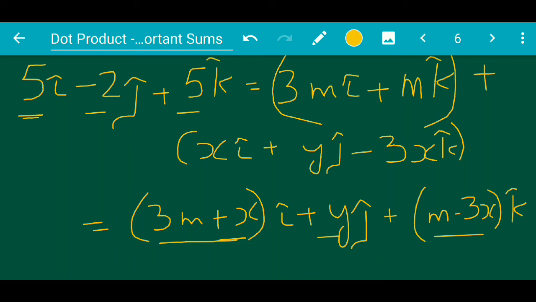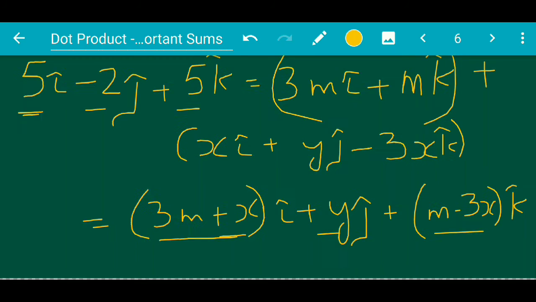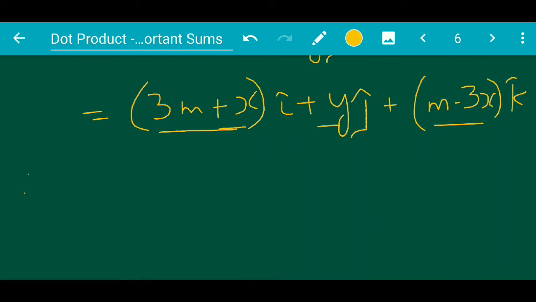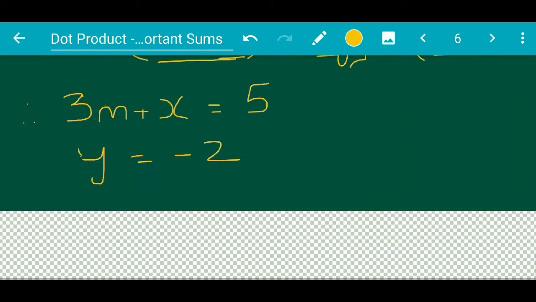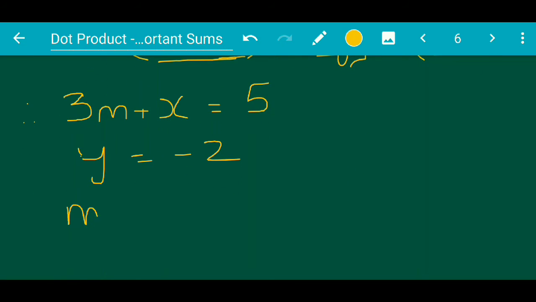So comparing the i, j and k terms on the LHS and the RHS, we get 3m plus x is equal to 5, y is equal to minus 2. This we are getting by the property of equality of vectors. Okay, so y becomes minus 2, and also we are getting m minus 3x